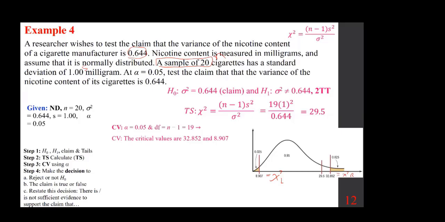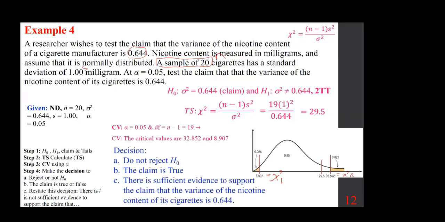That's all it does. Your calculation gives you part A. Do not reject or fail to reject H0. Now you go back to step 1 and look at the location of the claim. Claim is sitting in H0. If you're not rejecting H0, you're not rejecting the claim. The claim is therefore true, so there is sufficient evidence to support the claim. And you do the writing. There is sufficient evidence to support the claim that the variance of the nicotine content of its cigarettes is